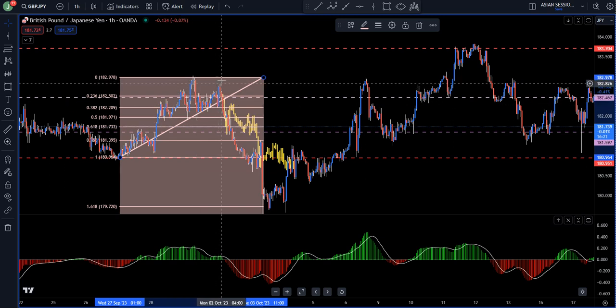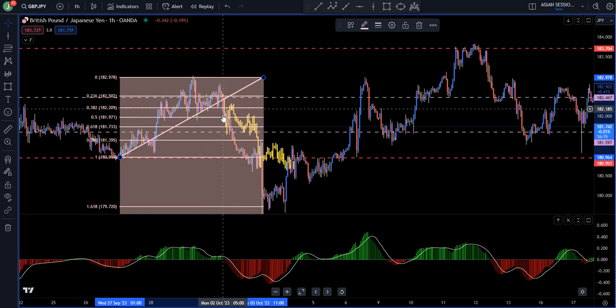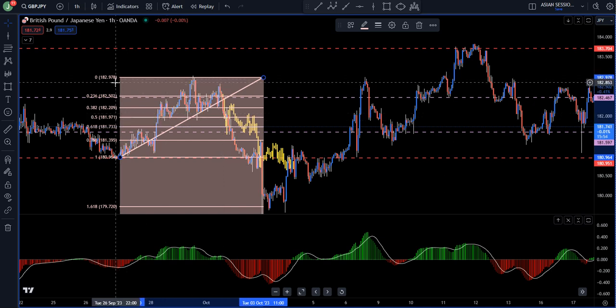I'm at my 23, right? So I can wait for price to do what? Break the trend line. Break the 23. That's what I will be looking for, because I know if I'm looking for a sell, price is going to be between my 382 and my 23. And if I was looking for a buy, in the beginning of the move,